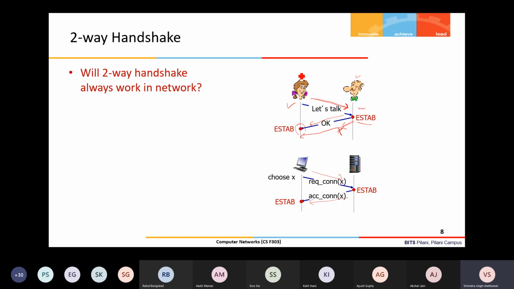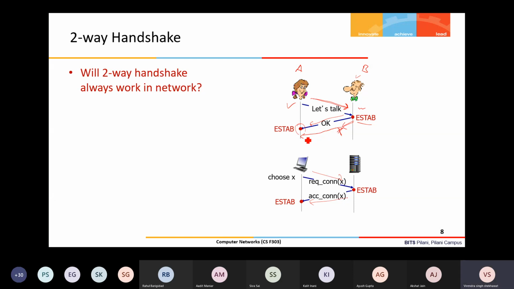let us say this is A and this is B. So A will not be sure what would have happened, whether my message has been received or not. If it is received successfully, then one guarantee is there. A can say that yes, B has received my message and has acknowledged it also. But how will B come to know? B is not sure whether A has received my acknowledgement or not, right?